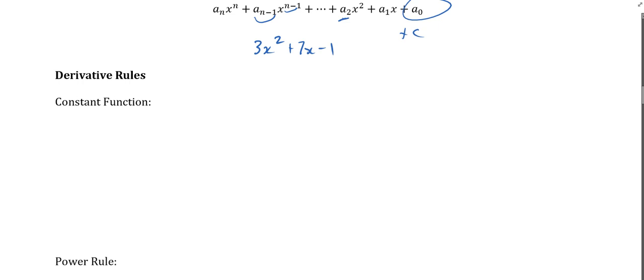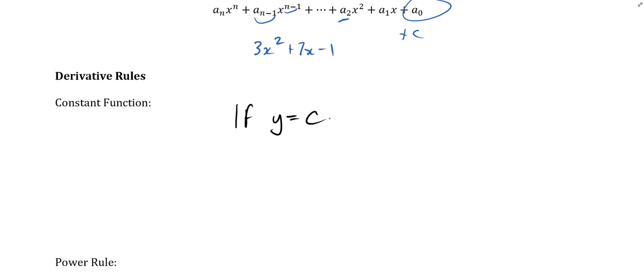Okay, so here we go. Here are some rules for derivatives. This won't maybe make a whole ton of sense until we start actually using it, and we are going to look at a few proofs eventually, but bear with me to get started. So, a constant function, what is a constant function? A constant function looks like this. If y equals c, some constant, so there's no x, it's x to the 0 there,